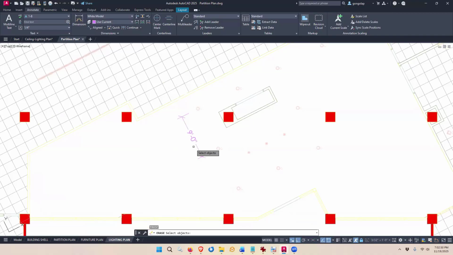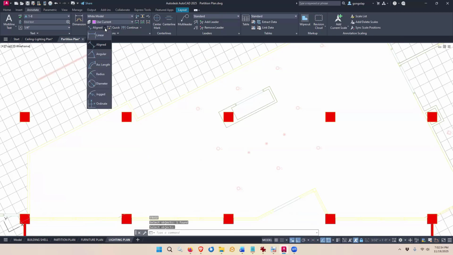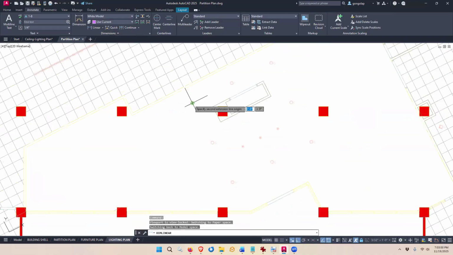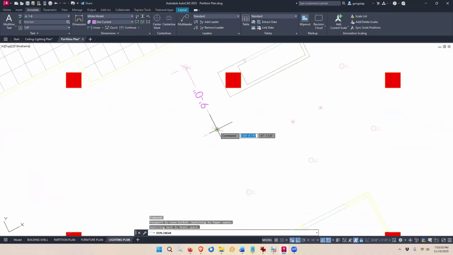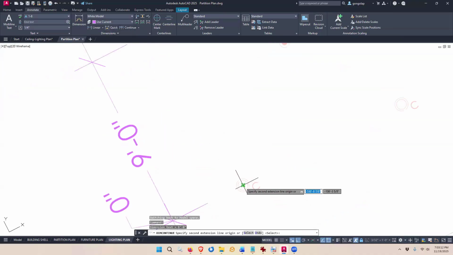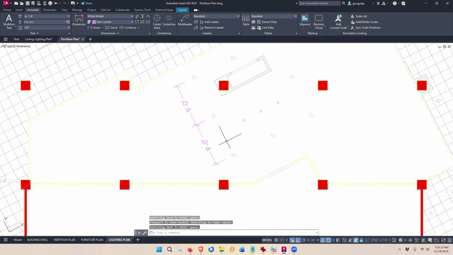And now let me erase this. And rather than use aligned, now I can use a linear dimension. And I can click on that. What it's doing though is it's giving me my dimensions upside down. So I don't like that. So let me just see if I can't reverse these dimensions. So I'm selecting these and